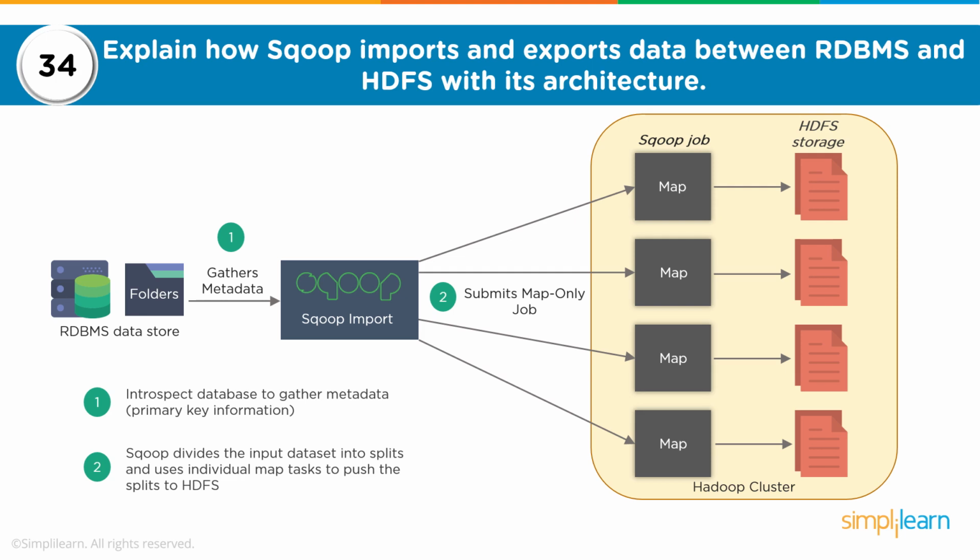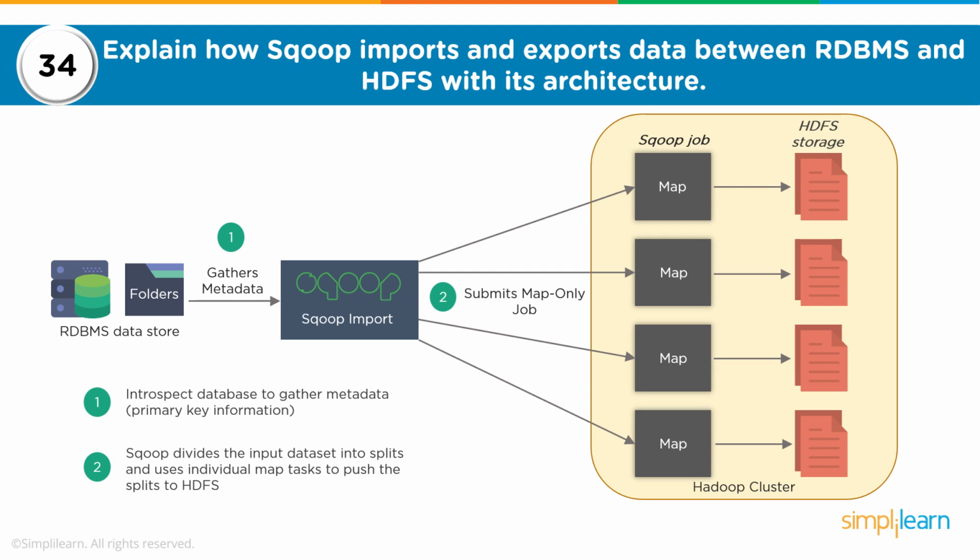So Sqoop import gets the metadata, and then for your Sqoop command, it converts that into a map only job, which might have one or multiple map tasks. Now that depends on your Sqoop command. You could be specifying that you would want to do an import only in one task, or in multiple tasks. These multiple map tasks will then run on a section of data from RDBMS and then store it in HDFS. So at high level, we could say Sqoop will introspect database to gather the metadata.